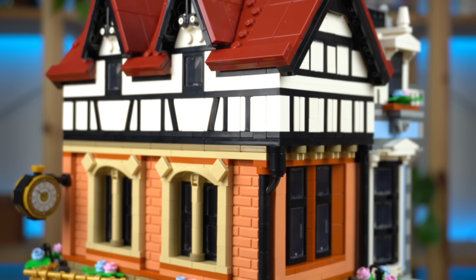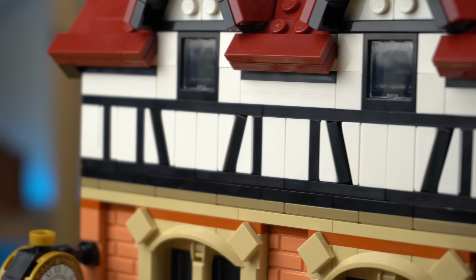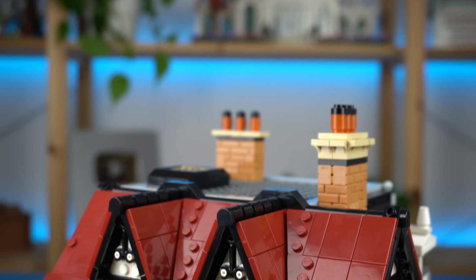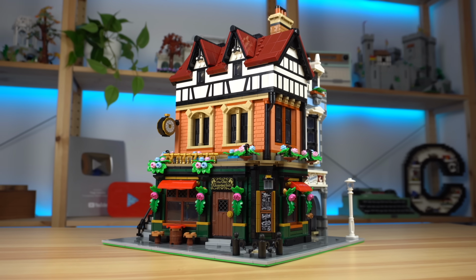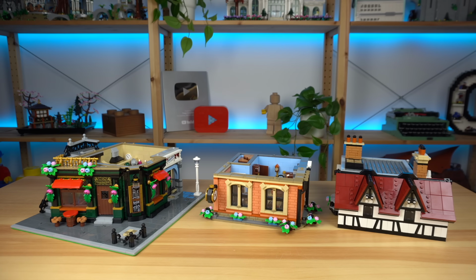The last floor is instantly recognizable as Tudor style, with those timber frame structures that were amazing to put together. Same with the roofs, but I'll discuss it a bit more when I get to the building experience part of the review. As all modular buildings do, the Tudor Corner splits into the several floors it has for